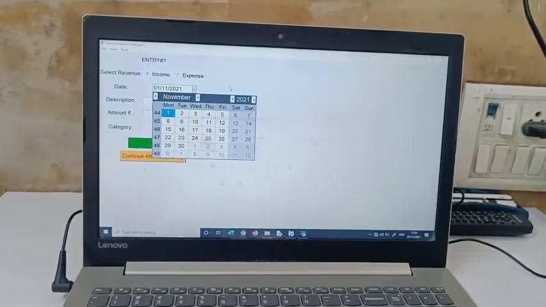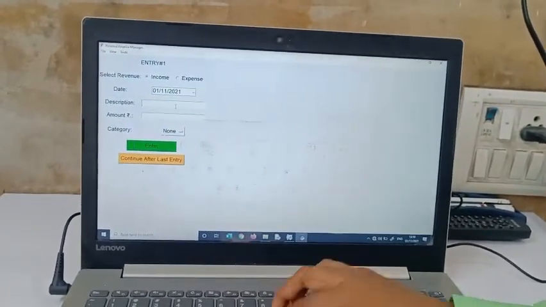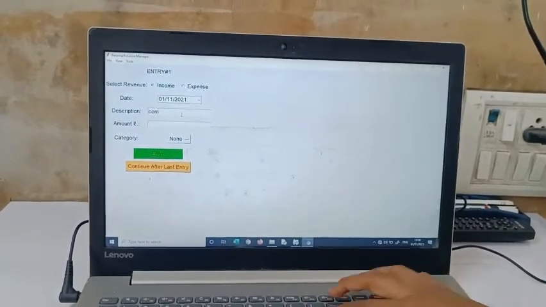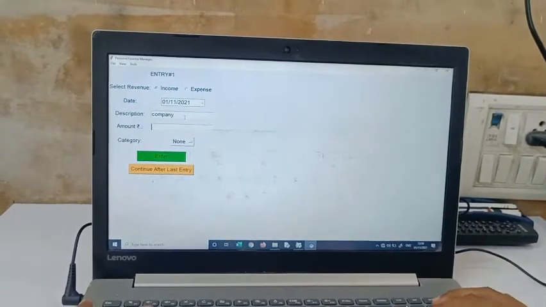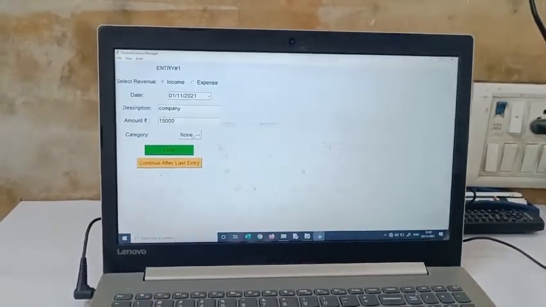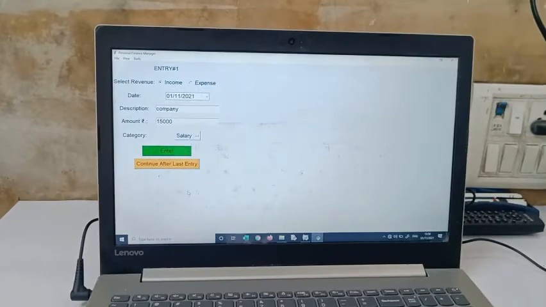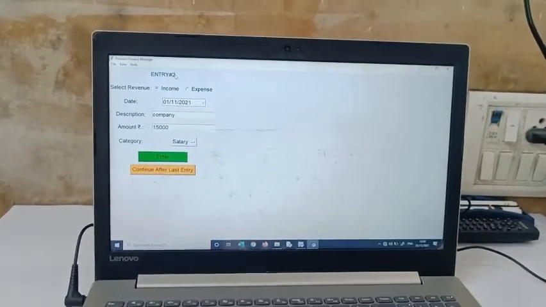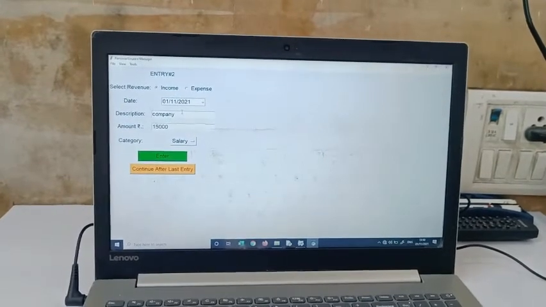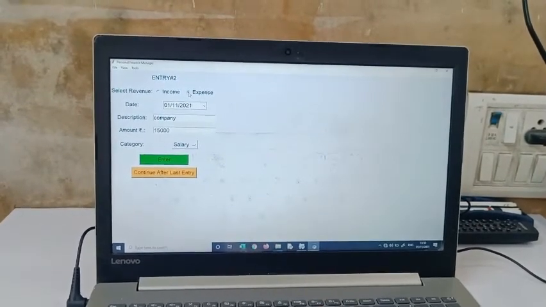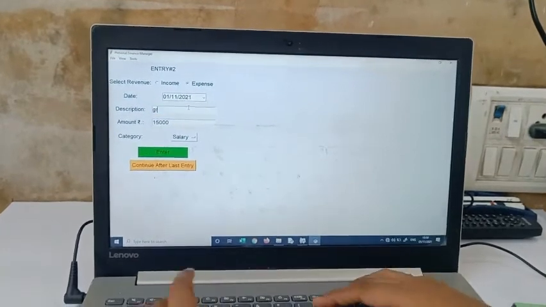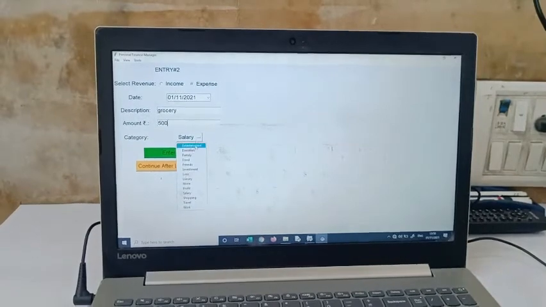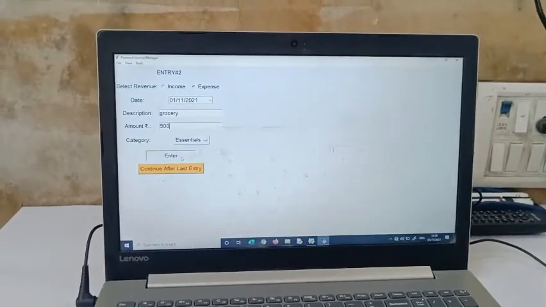You can select the date, and then in the description you can put the company, the amount you receive, like 15,000, and the category, salary, then enter. After entry 1, it will shift to entry 2 automatically. Now you have to enter your second entry. Say the second entry is my expense: I will enter grocery, and the amount 500 under the essential subcategory, then enter.